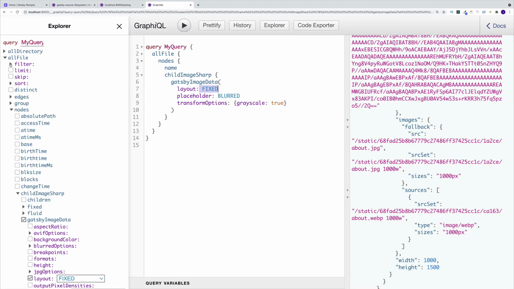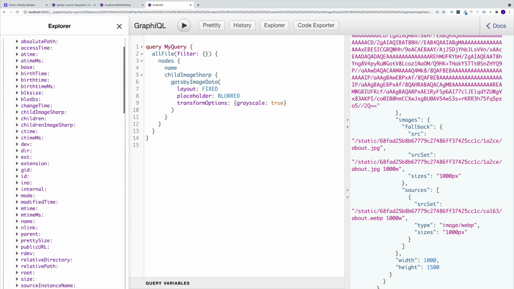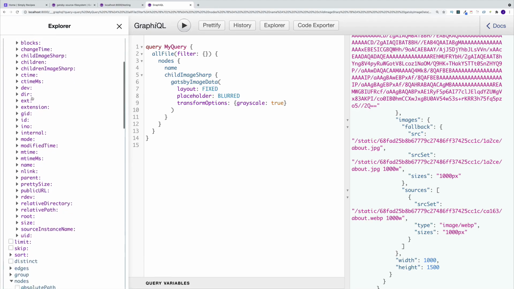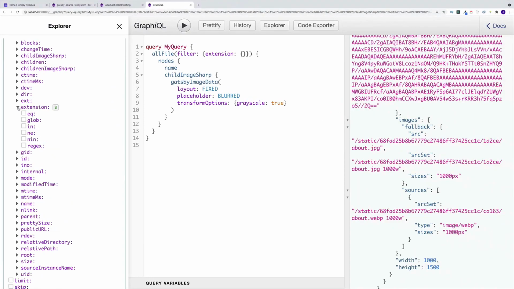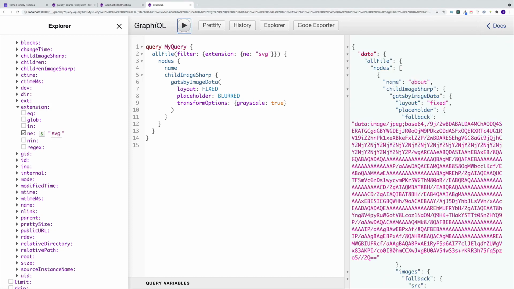If I scroll up, I can filter. I can say, you know what? Get me all the images apart from the ones that have the SVG extension. We bravely click on filter, then we keep on scrolling. And of course, we're looking for the extension. There it is. That's our extension. And then we say the extension is not equal, and we simply go with SVG. And then once we run it, notice